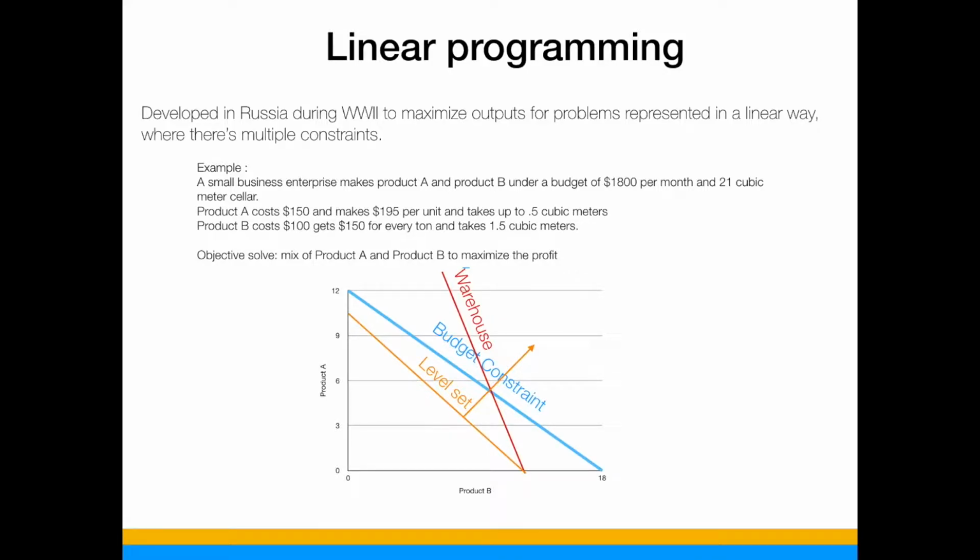Product A costs $150 to make, and it makes $195 per unit, and it takes a small amount of space. Product B costs $100 and gets $150 for every ton and takes 1.5 cubic meters. And the reason you might be wondering, well, this one is a little easier because product A occupies less space. However, product B is easier to sell than product A. So, given all those constraints,